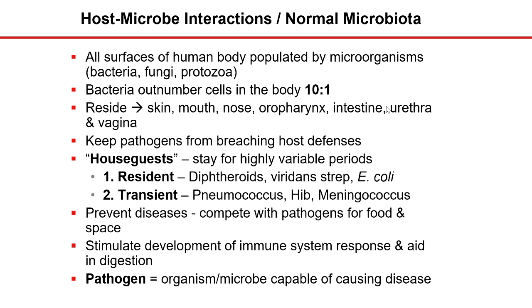HIB, all of you have been vaccinated for this. This is Haemophilus influenzae type B, okay? Again, another agent that used to be a huge cause of epiglottitis and some other diseases. And the meningococcus, if you live in the dorms, and I know the commons are open now, right, you have to be vaccinated for Neisseria meningitidis in order to go live there. Because it lives in your pharynx and spreads by the respiratory route. Okay. But you don't always carry Neisseria in your pharynx, but certainly at certain times of year people do. Okay, so these are transient, they come and go.